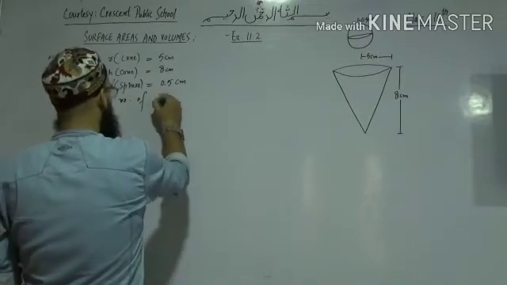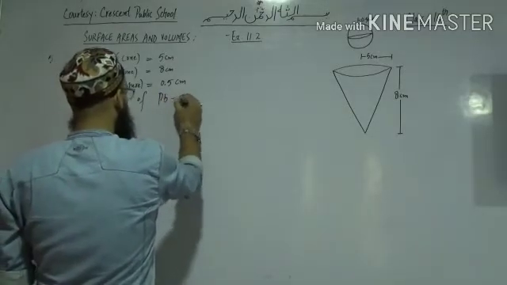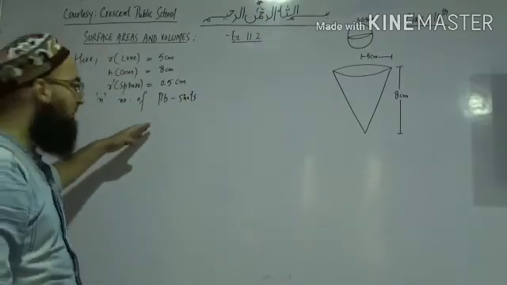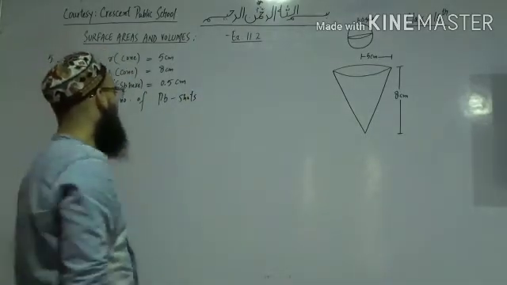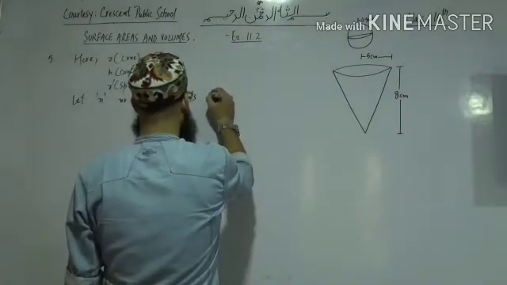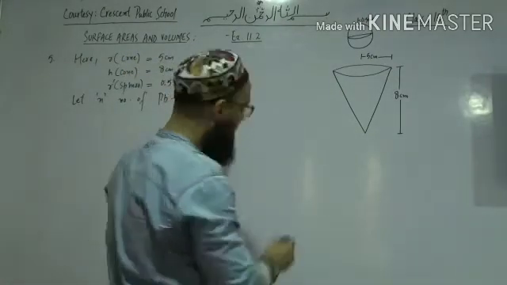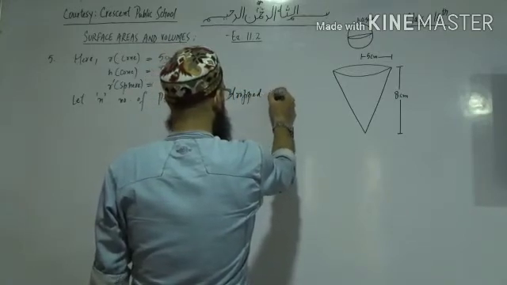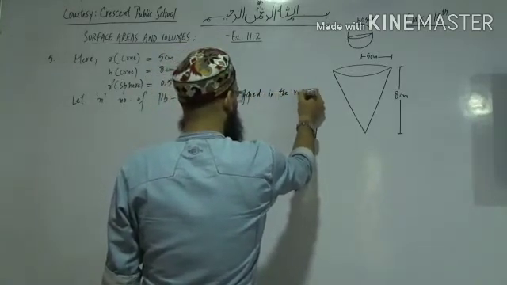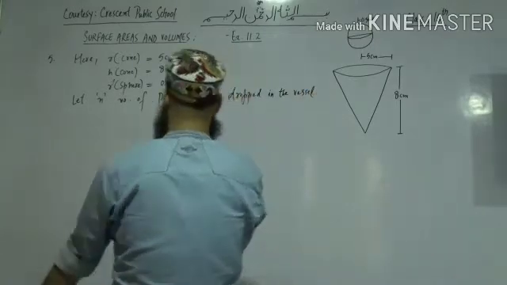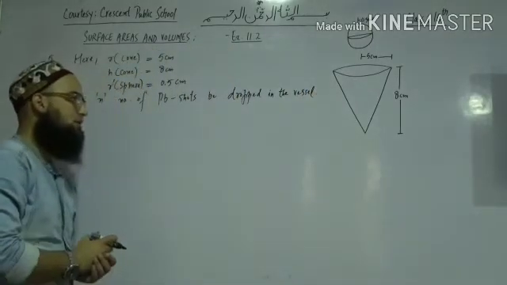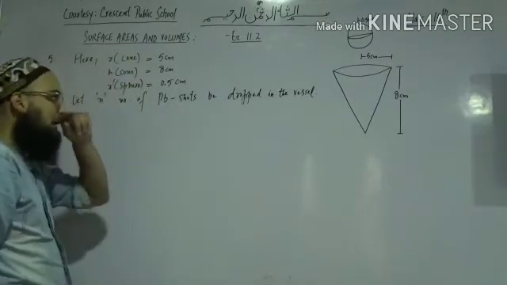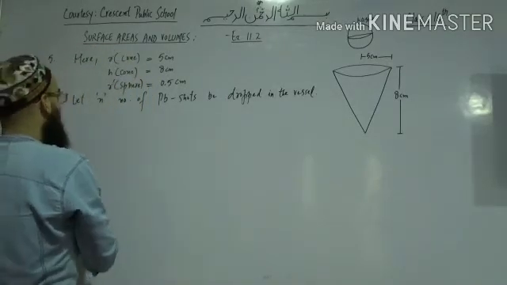lead shots. Pb is the symbol for lead, it's plumbum. Let n number of lead shots be dropped in the vessel. Let n number of lead shots be dropped in the vessel. Okay. Then I can go